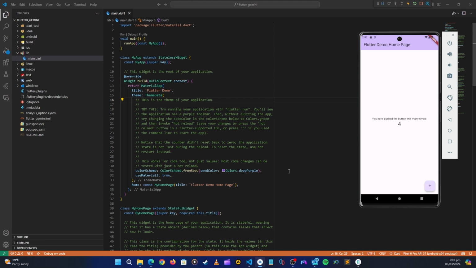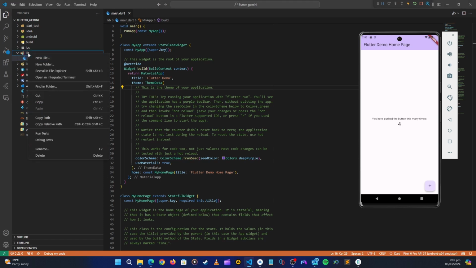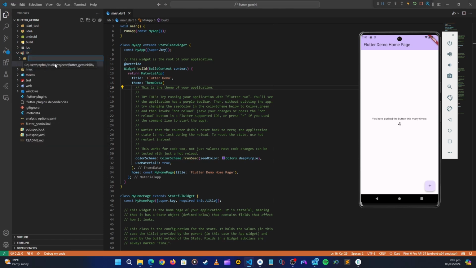All right, now let's get started. So first thing that we're going to do is go in the lib here. Let's right click, then let's create a new folder which is called screens. So under screens here, let's right click again. Let's create another screen called home